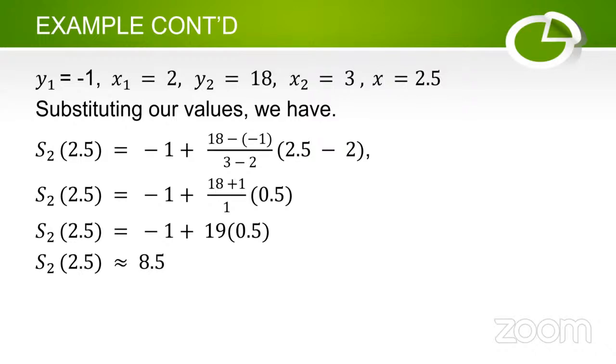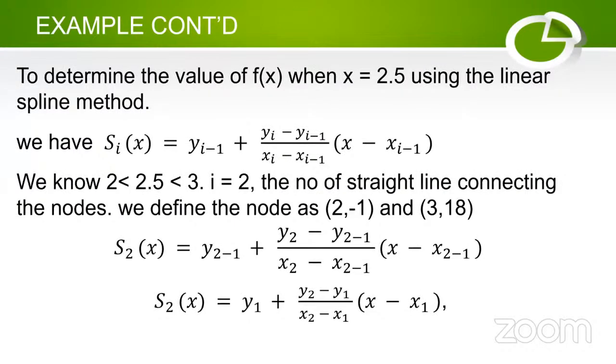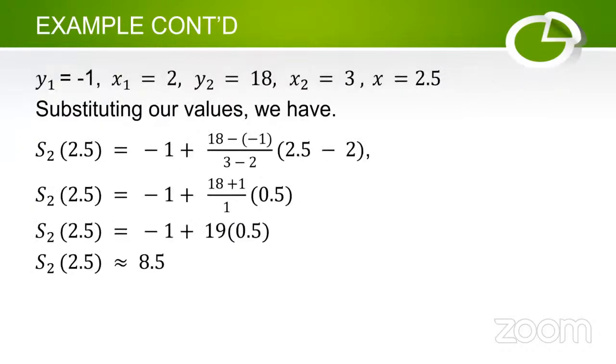Our s, which is equal to 2.5, is the independent variable which we are trying to use to find the function y equals f of s. Now substituting all this into the equation, our S2 of s is equal to minus 1 plus (18 minus minus 1) divided by (3 minus 2) into bracket 2.5 minus 2. Solving this equation,